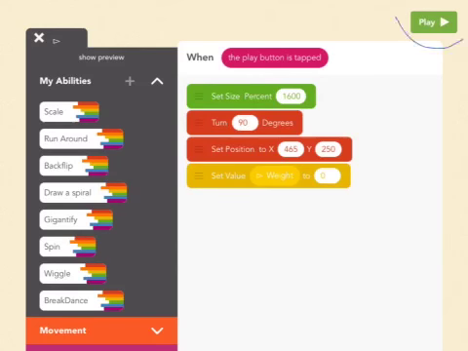When the play button is tapped and the program starts, we have the base of our scale here that is going to be enlarged by 1600%. We are going to rotate it by 90 degrees so the triangle faces the top. We're going to place it at 465, 250, and we are going to set the value of weight to be